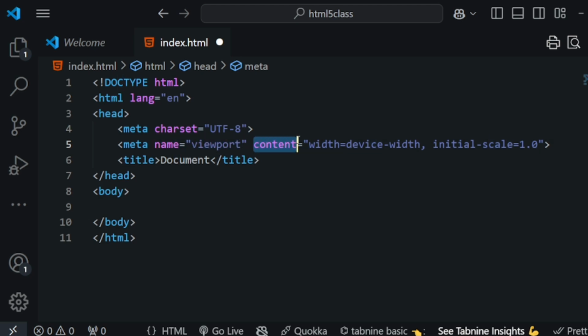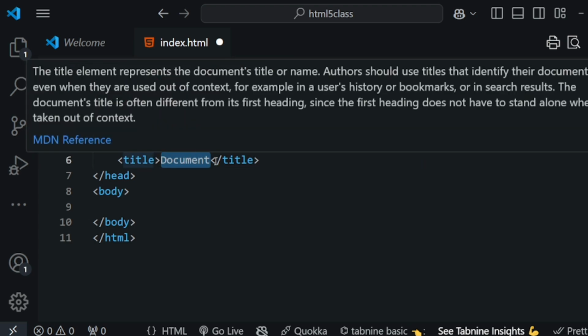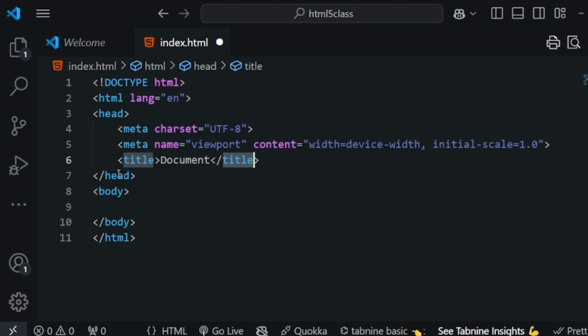Then the head contains meta information such as the title and character set. What the viewport does is it sets the viewport for responsive design, and then the title is important for SEO optimization. So that is everything that has to do with this, and